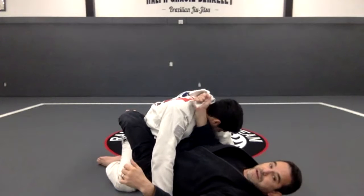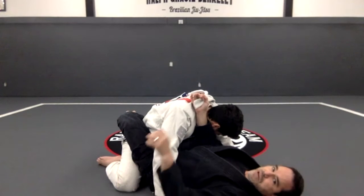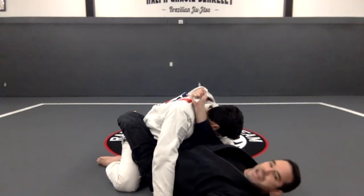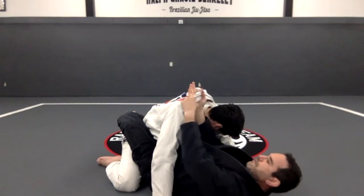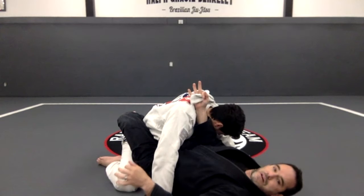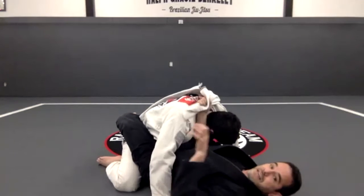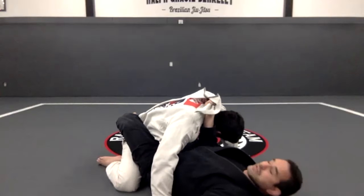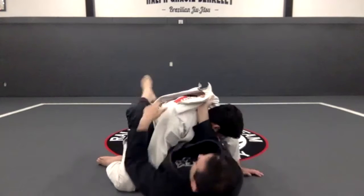If my grip is all the way to the end, this is not going to be a good choke. So look, I open, I'm just holding with those two fingers, my thumb right there, grab at the end and slide. Grab and slide. So now I have a good grip. So now I'm going to give you guys two options. The first